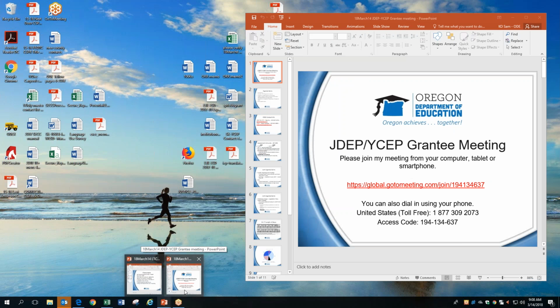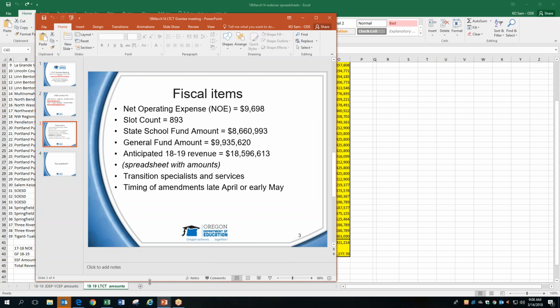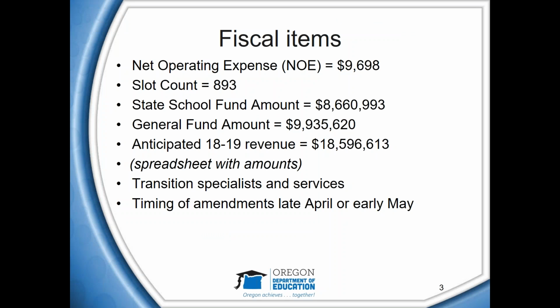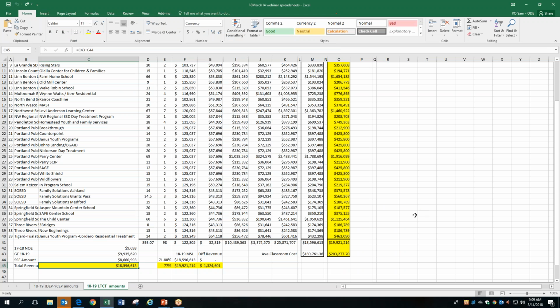Hi, Sam. This is Iris from Multnomah ESD. I have a quick question. If we have any ending balance from the current year contract, can we just carry it over to the following year? Yes. If you have 17-18 unused funds, you can carry over into 18-19. But at the end of 18-19, if you have any unused funds, we collect that back. Yes. Thank you. And that's where, when we collect that back, we're getting this extra 1.3 million. That's how we got that back.